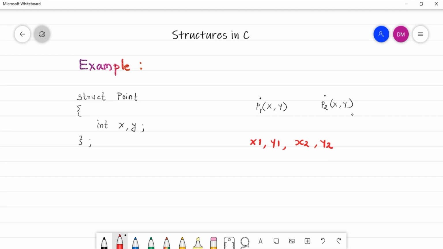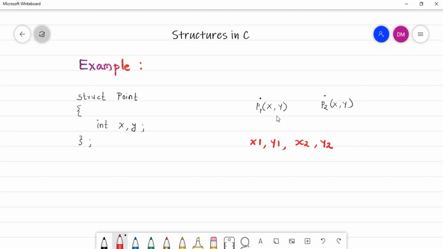Why have you taken four variables? x1, y1 represent the first point coordinate, and x2, y2 represent the second point coordinate. You have to define a different name for the coordinates of both the points.